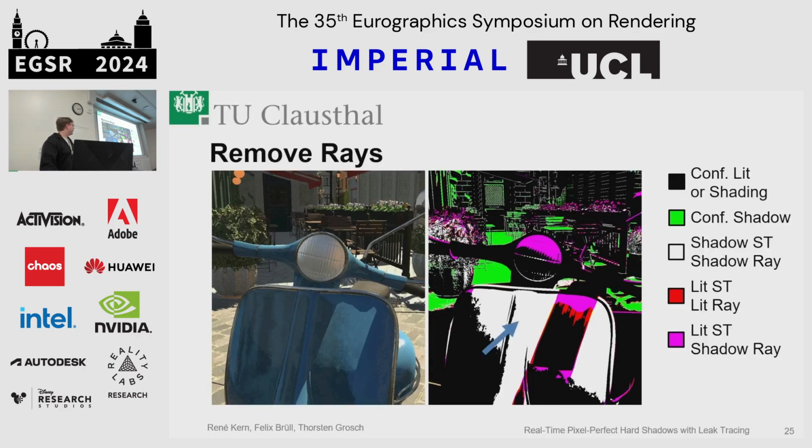So maybe you noticed this white case and this red case, they are only confirmations. So we could actually use this temporal information to test if we actually need a ray here. So for these both, we also look up our neighboring pixels in the temporal mask, and if they all have the same result, we can say, oh, yeah, it's probably the same result as in the last frame, this was shadowed, or either confidently shadowed or